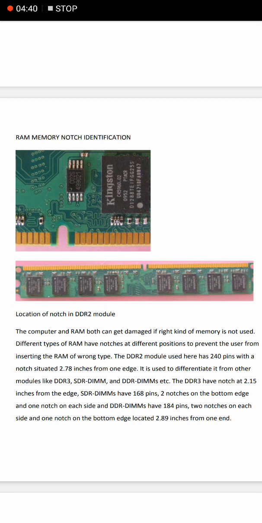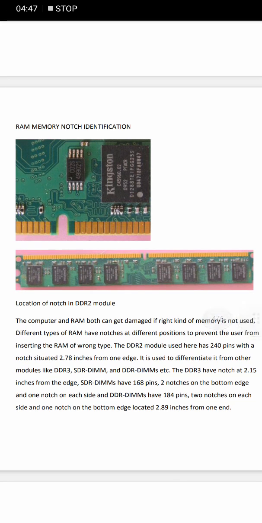SDR DIMMs have 168 pins, 2 notches on the bottom edge and 1 notch on each side, and DDR have 184 pins, 2 notches on each side and 1 notch on the bottom edge located